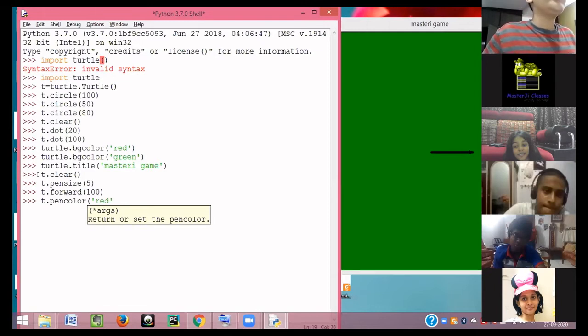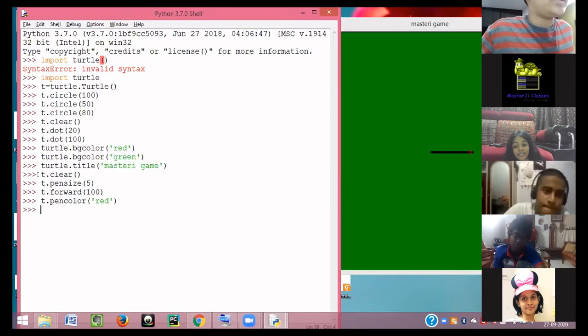Sir, these programs are also in Scratch, like if you open pen in Scratch also, there will be pen color, pen size, pen change. Exactly. That is what I want to tell you all, guys, that since you are introduced to Scratch, you will find this easy. But the only difference is over here you have to actually make a program of your own. You have to actually make a code. And coding, this is what exactly we want you to do. We want to quickly switch you from Scratch to actual coding. But knowing Scratch is also very important, because that will clear out your concepts. Over here, you have to make a code.